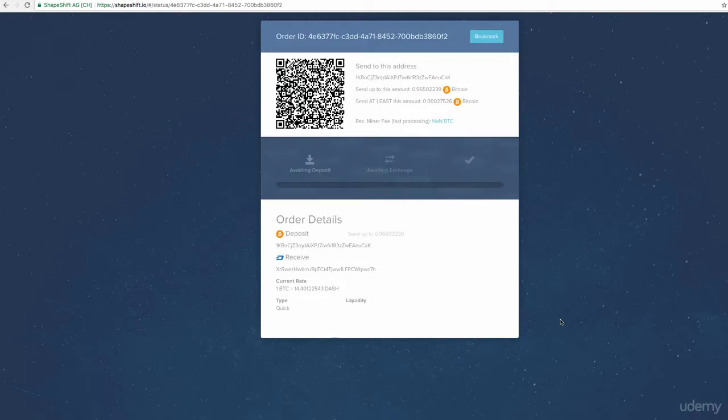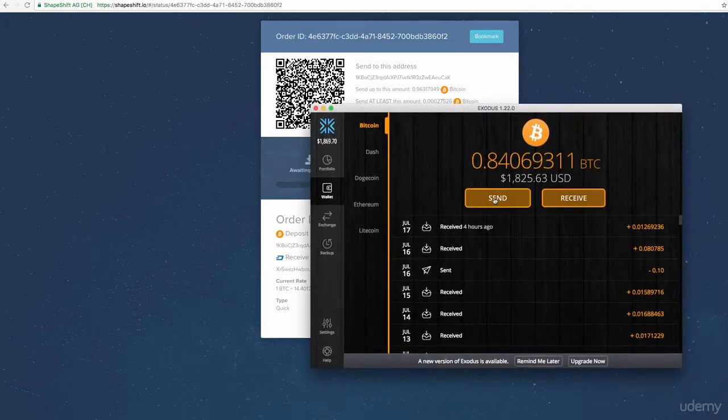If you would like, and then let's start this transaction. Alrighty, waiting for the deposit. Deposit up to almost 1 Bitcoin. So let's take their deposit address, copy,